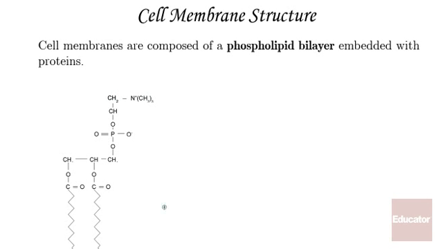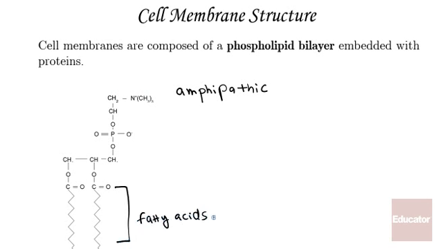Right here is the chemical structure of a phospholipid. And phospholipids have a particular property of being amphipathic. Amphipathic refers to the fact that they have one region that is hydrophobic and the other that is hydrophilic. The fatty acid tails right here are hydrophobic. They're attached to a hydrophilic head region